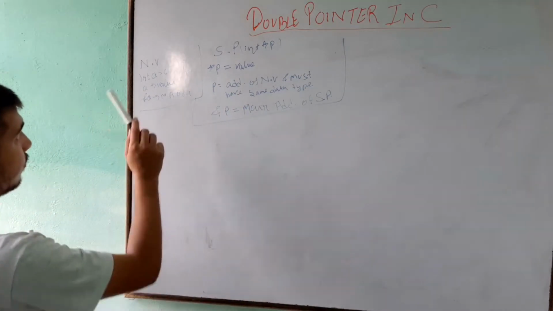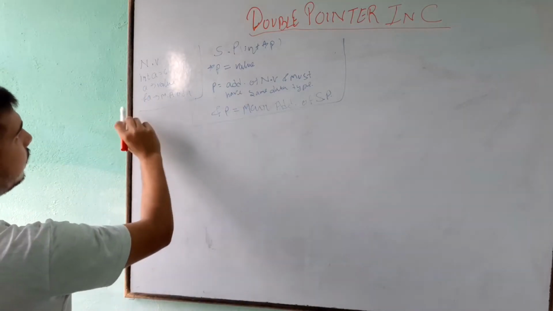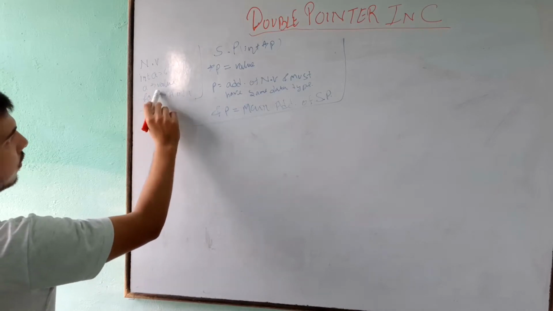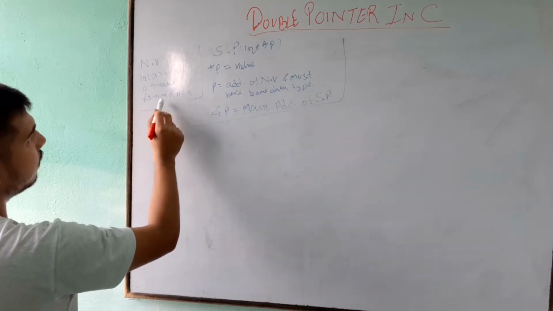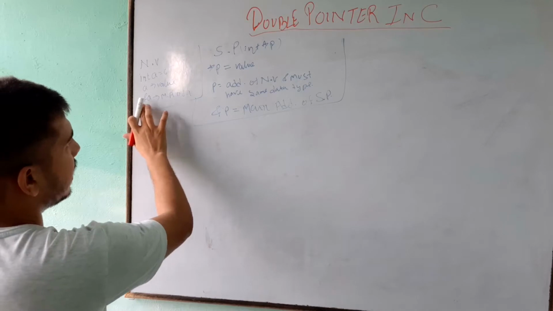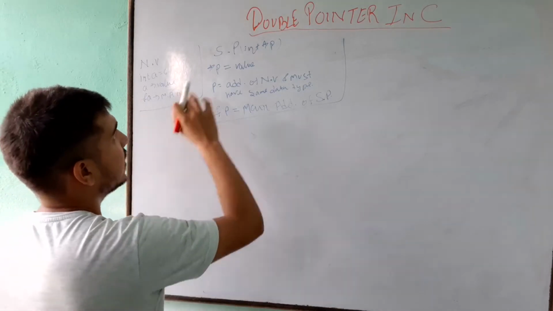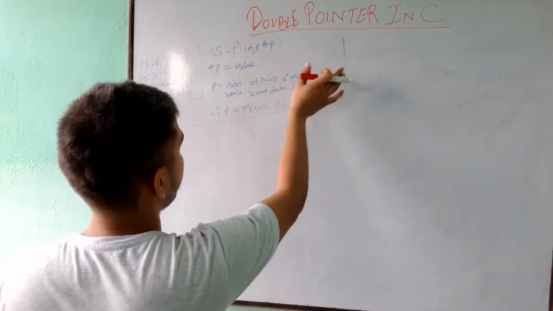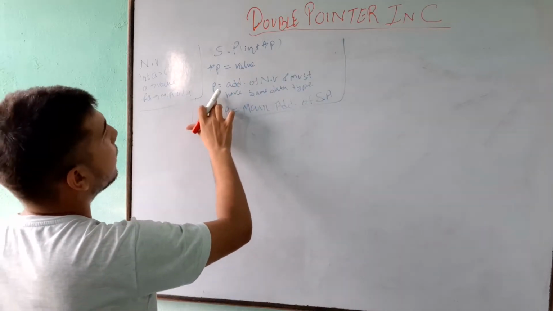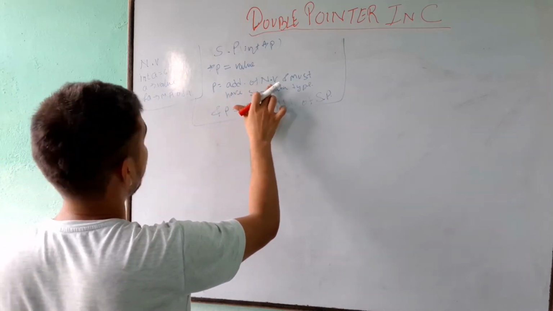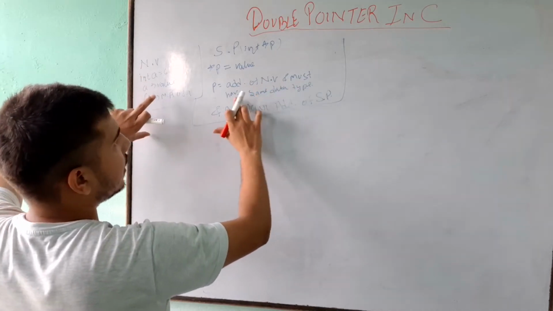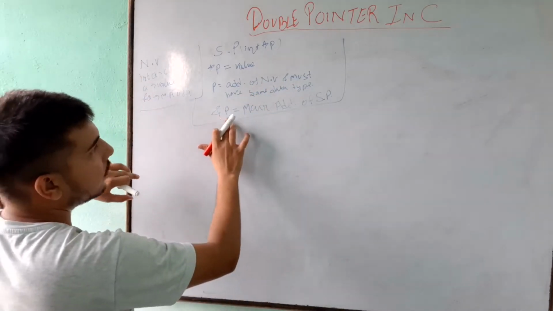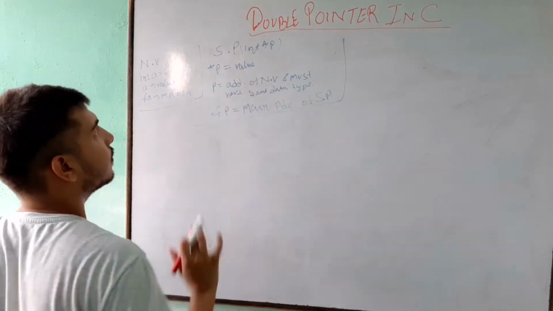First of all, a normal variable. A normal variable a will only hold a value, and &a will be holding the main address of variable a. In a single pointer, *p will be holding the value of the same data type. Obviously p will be holding the address of a normal variable and must have the same data type, and &p will be the main address of a single pointer.